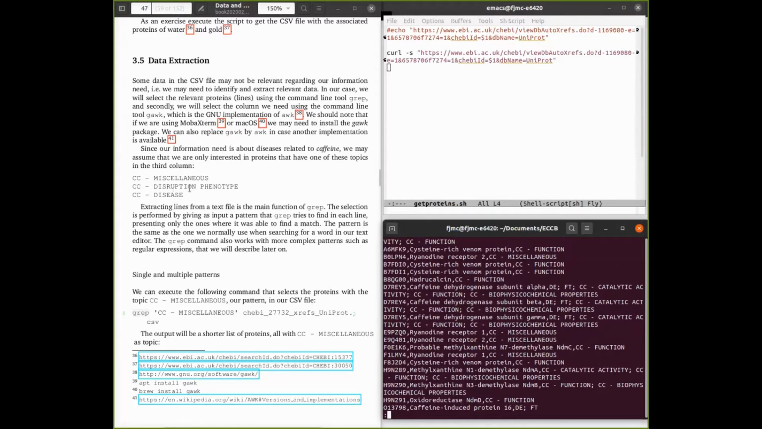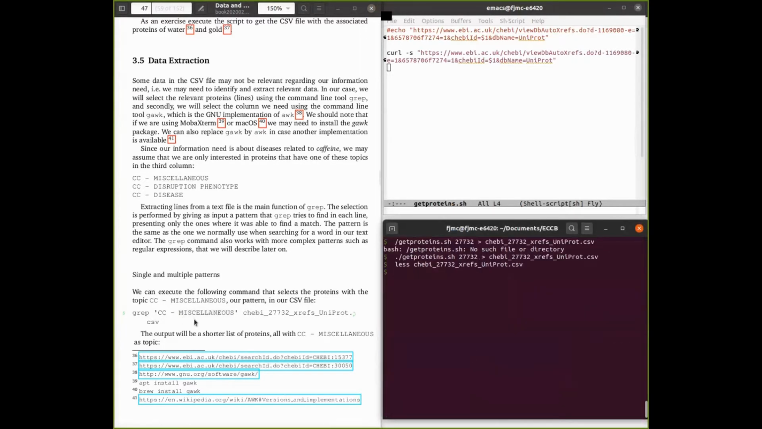And imagine that, since we are in the exercise of the book, we are trying to see some diseases related to caffeine. We are just interested in proteins that have as relation something that we don't know: miscellaneous, disruption phenotype, or disease. Okay, so let's start with miscellaneous and see if we now get all the proteins with this pattern. So for doing this, I'll just copy and paste here